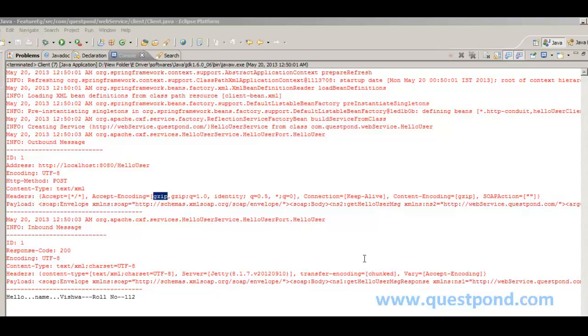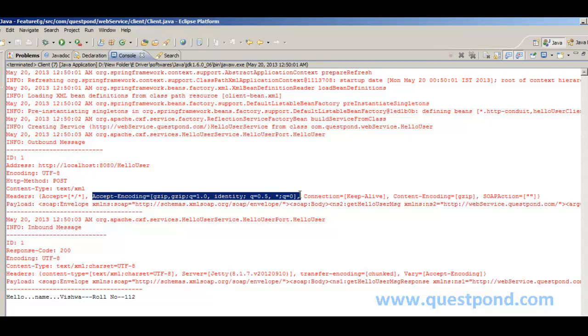And on looking at the console carefully, we can also see that the gzip feature which we used also worked, which we can see by analyzing the output at this particular location, in which the encoding points to gzip, indicating that a particular message was compressed by using the gzip feature.